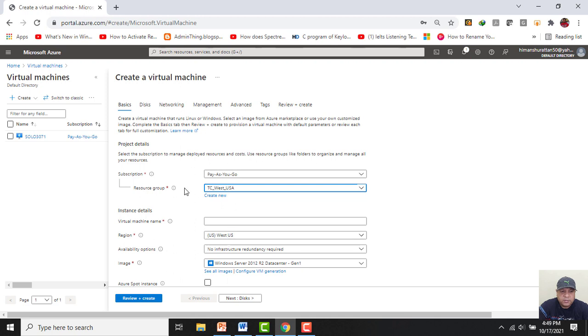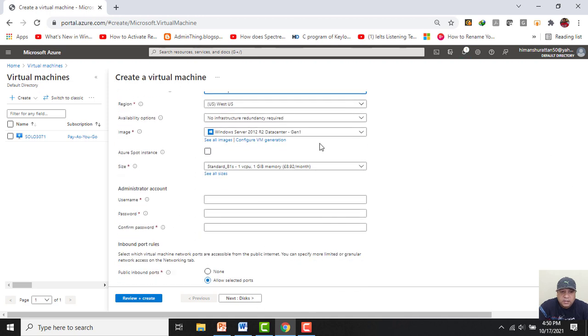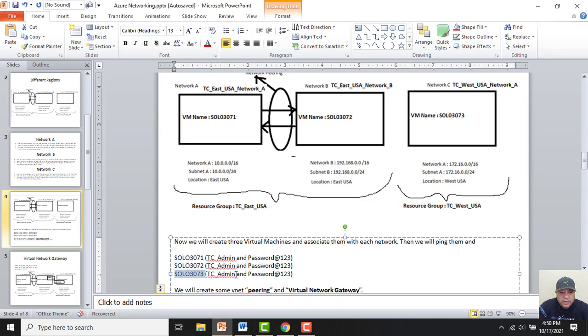So I have created a resource group in West US only. I will give it the name Solo 3073, and availability set I don't want as of now, and this is the image 2012 R2 data center, and it has the least configuration, 1 vCPU and just 1 GB of RAM, and now I will be providing user ID and password.